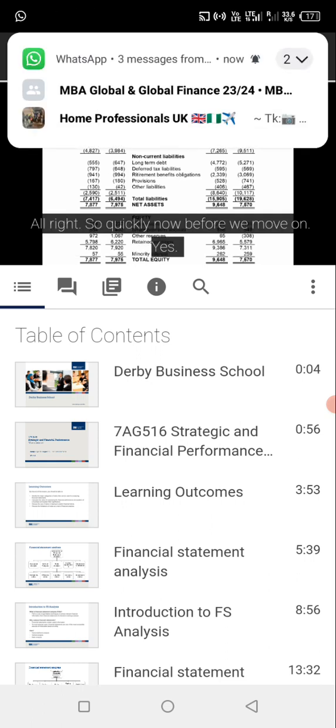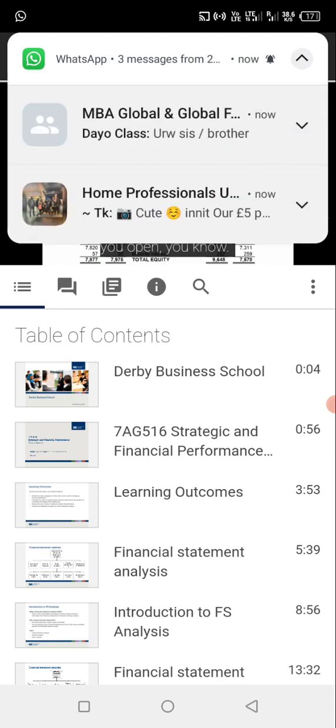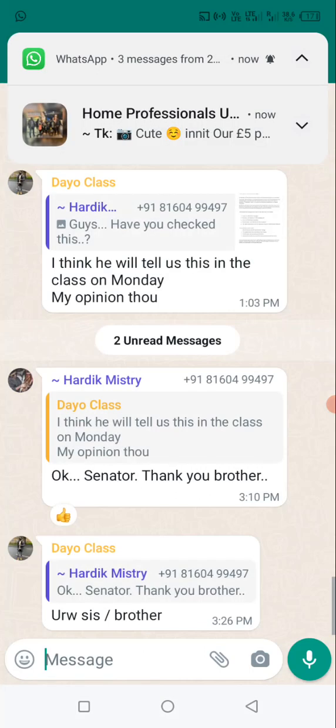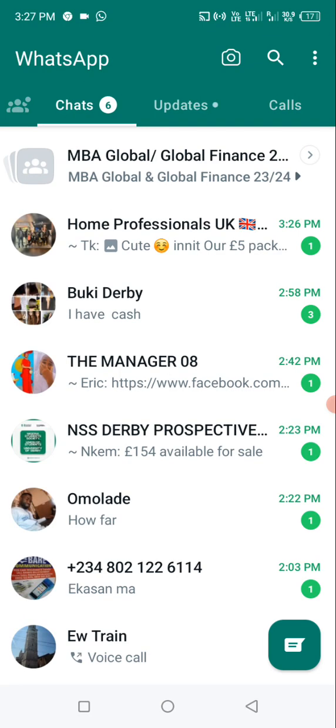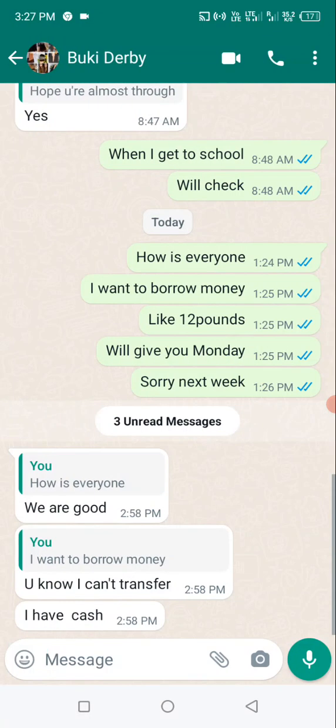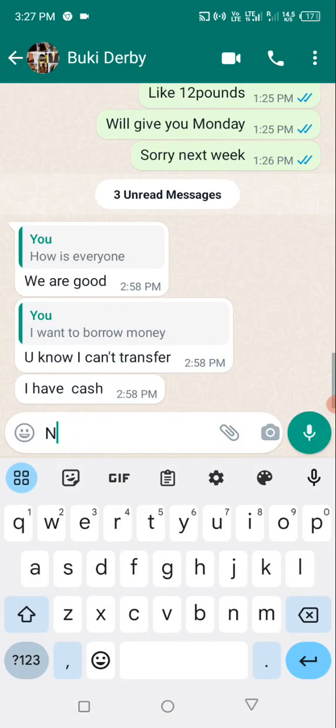So quickly now, before we move on. Yes, sir. You mentioned that we should take into consideration the financials of a company that is a group. That if the company is a group of companies, that we should take into consideration the new financials of the group as a whole. Yes, what you are looking at is the group report. Yeah, so I wanted to ask if that's going to give a fair reflection against the industry where other companies are not a group of companies.